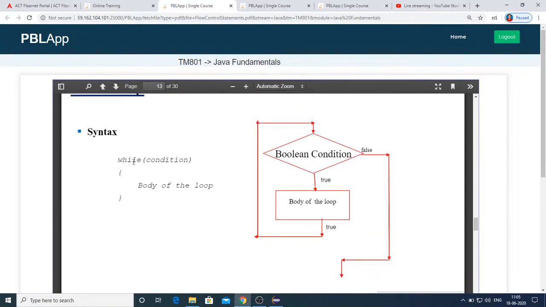Next, coming to while. So, while condition: if the condition is true, then the body of the loop gets executed. If the condition is false, then the entire body will be skipped.